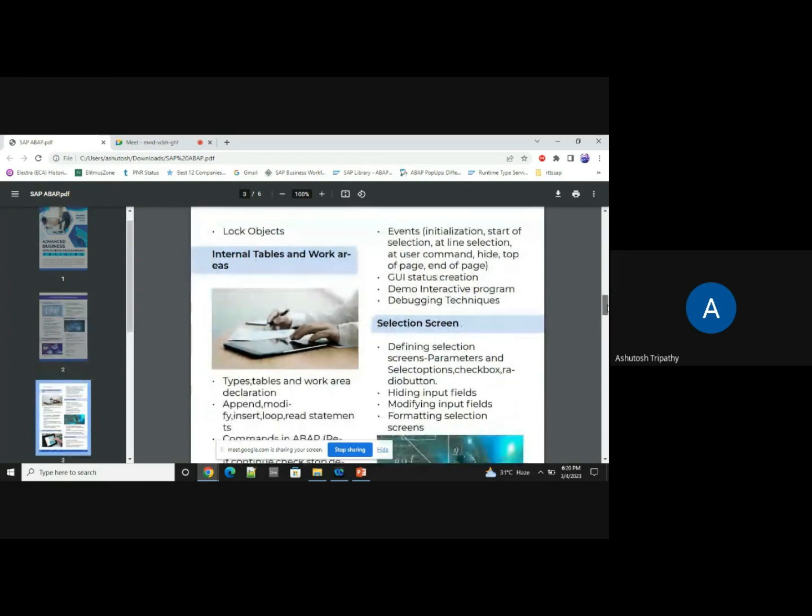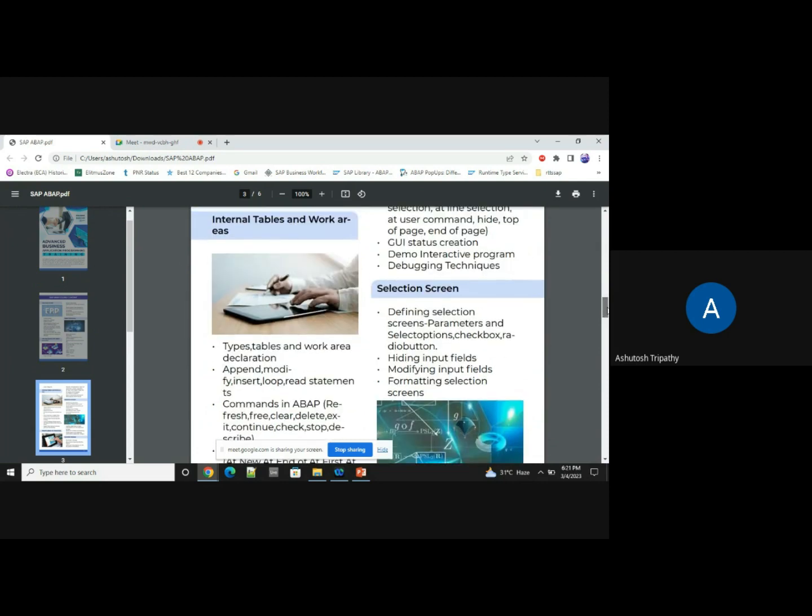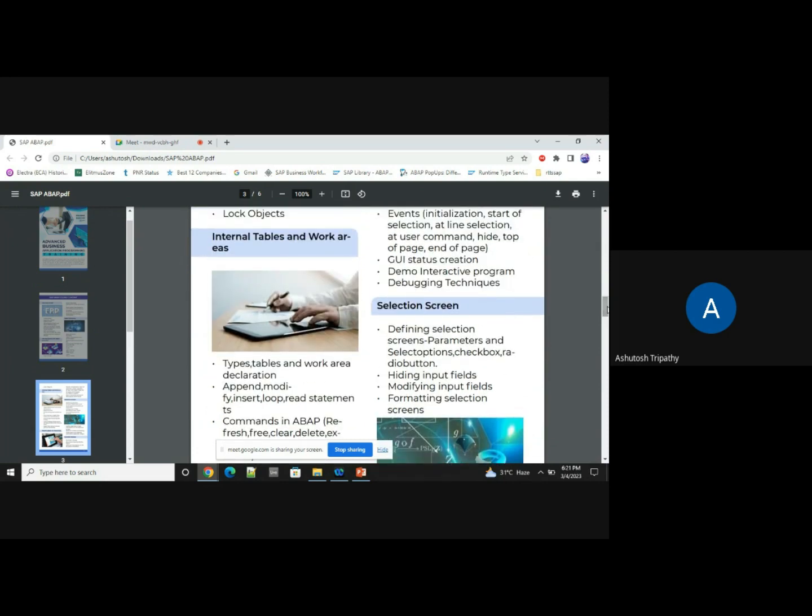So these are basically your DDIC objects, and in DDIC object or dictionary level object, we also can have validations with respect to events and all that. Also, we will be learning, once we have this table, once we have all this in place, the database objects are in place, we can do the CRUD operation, or the create, read, update, delete operation.